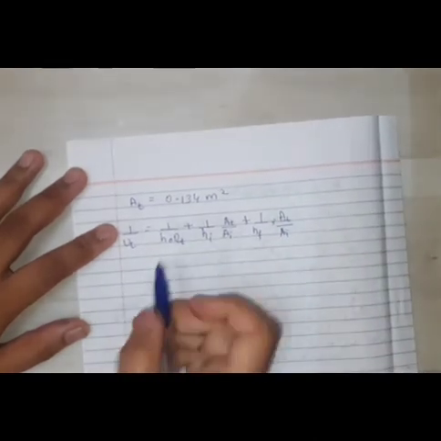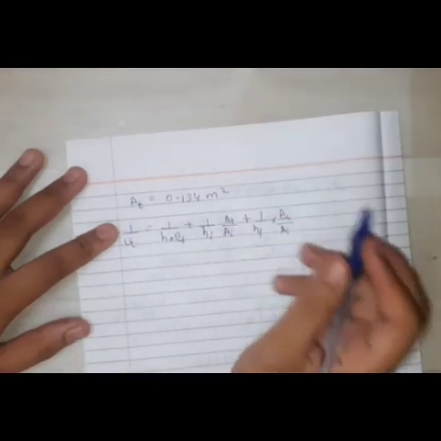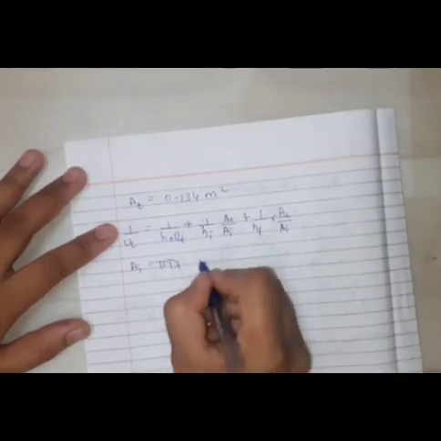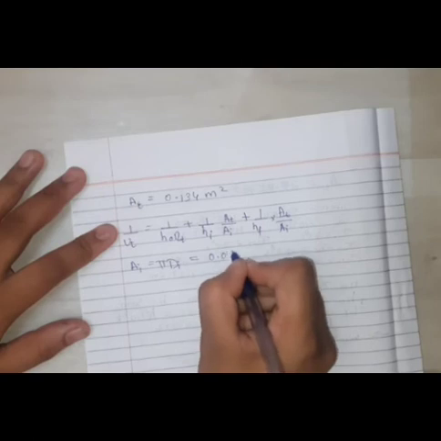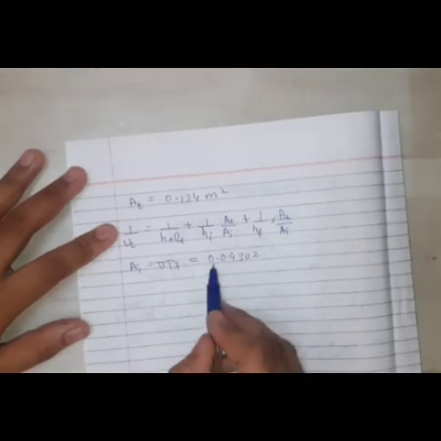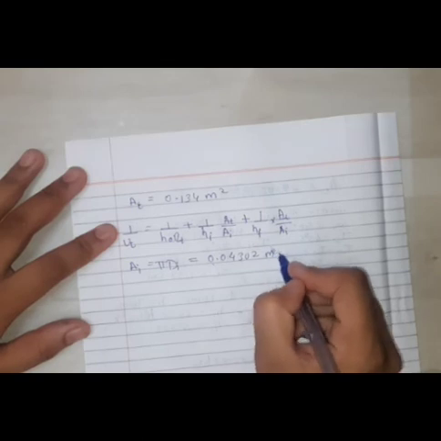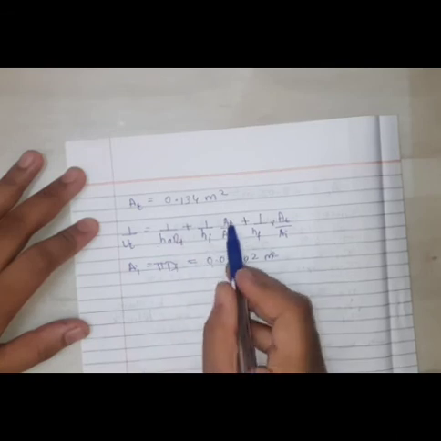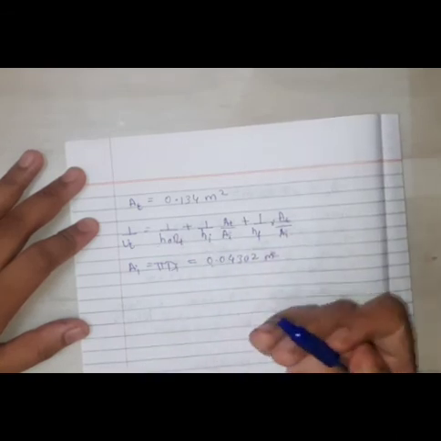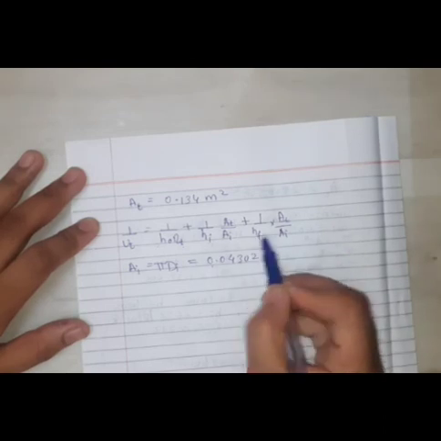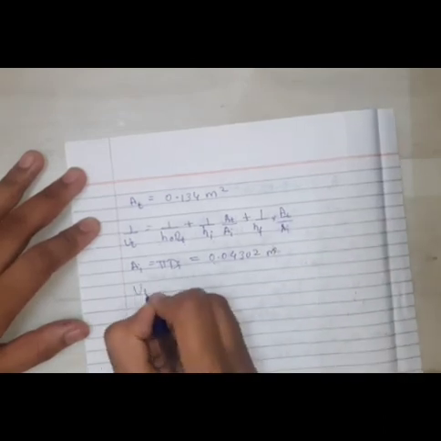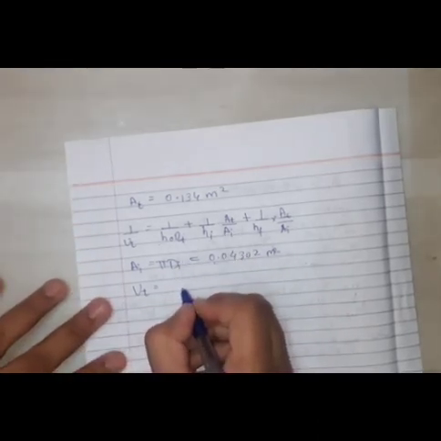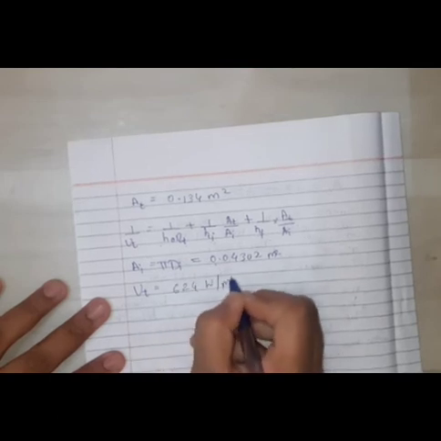Now we have found the AT, that is per meter length of the tube, and we can find AI, that is pi into DI, again per meter length. So its value is equal to 0.04302. Now putting all these values in this one, because HO is known to us, eta is known to us, HI is known to us, AT and AI are known to us now, which is per meter length. And the fouling factor is known to us, so we can find UT as equal to 624 watt per meter square Kelvin.